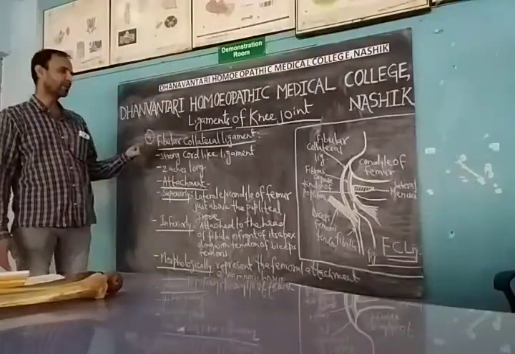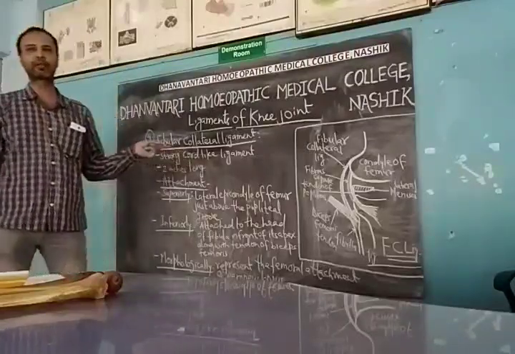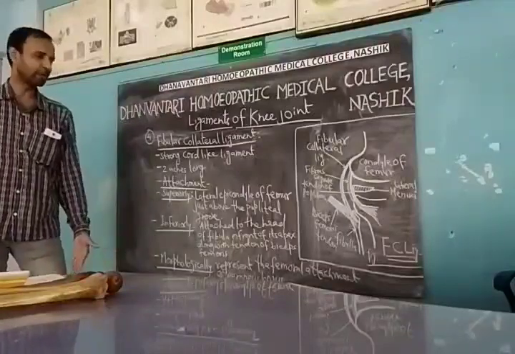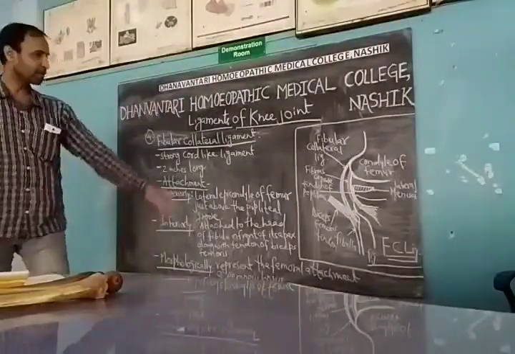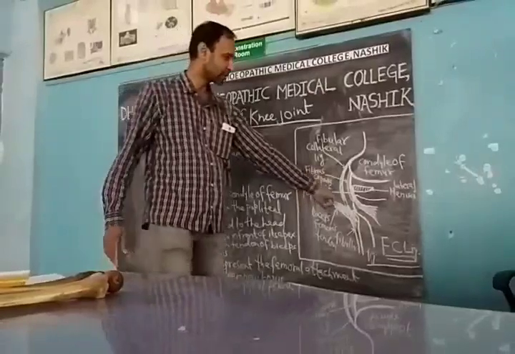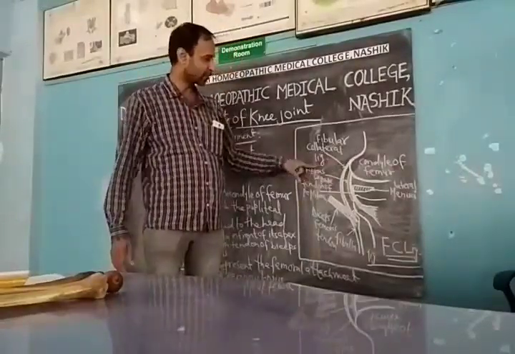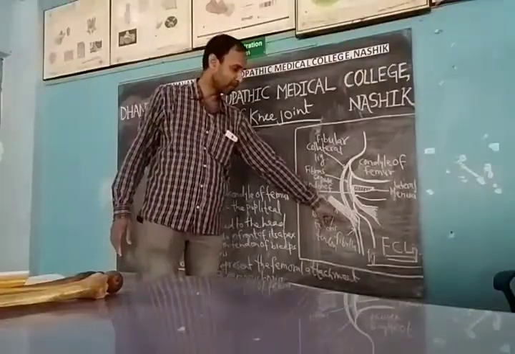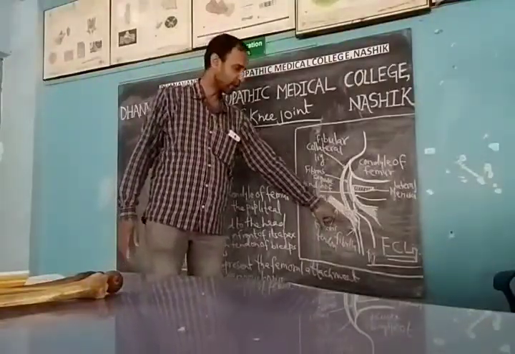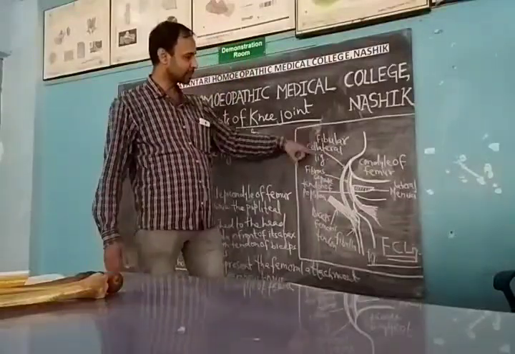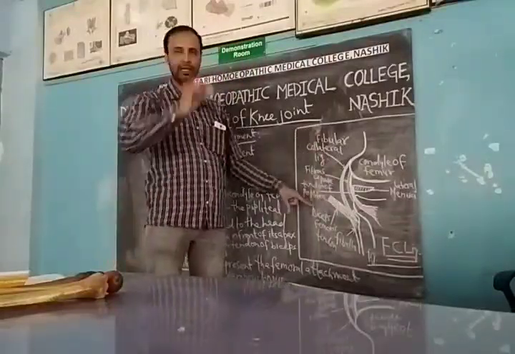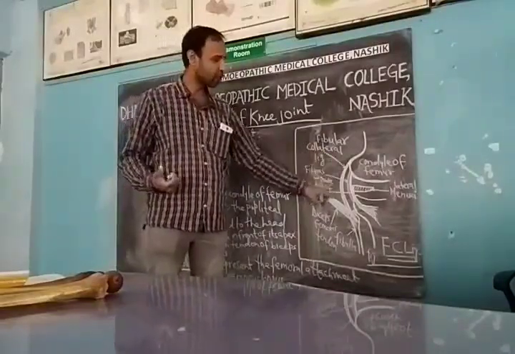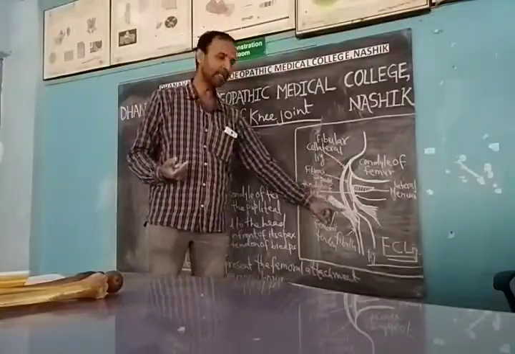Now, the fourth ligament we are going to learn, the fibular collateral ligament. The fibular collateral is a collateral ligament present on the lateral side between the condyle of the femur and the fibula. Here we see the presentation of this line diagram, which will be helpful to understand this. This is the fibula, the head of the fibula. It is a strong, band-like or cord-like ligament, approximately 2 inches in length.